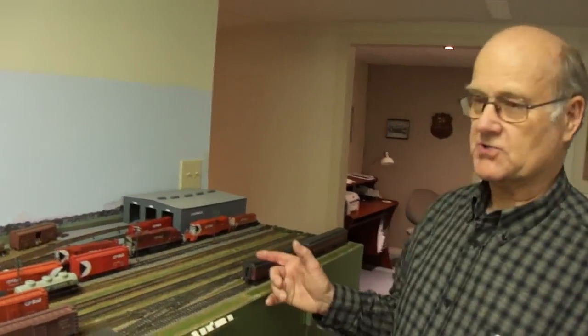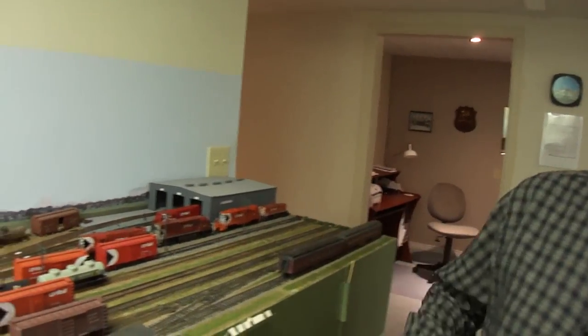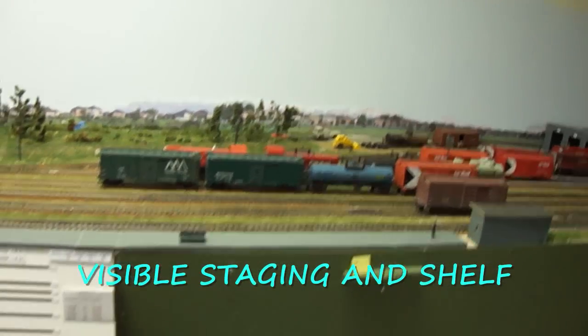Oh, we start off in Oshawa. This is one of the terminus. We start off in Oshawa, and there's an engine facility here. Yeah. Most of the industries are off the layout, modeled on